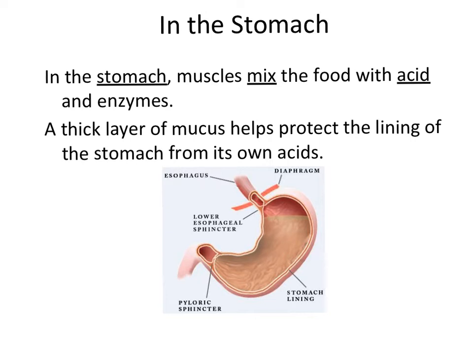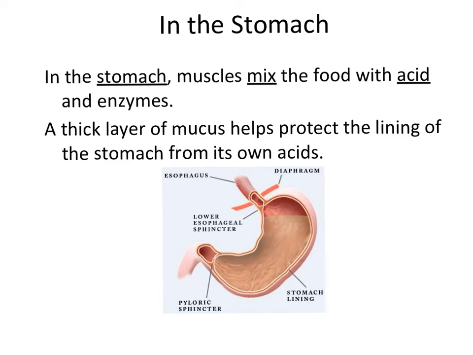Pepsin is one of the main digestive enzymes in the stomach, and pepsin helps to break down proteins. The hydrochloric acid I mentioned also helps to break down proteins. We would say that it denatures proteins. Now you may remember that acids are corrosive. Well, the epithelial cells of the stomach that line the stomach secrete a mucus that helps protect the cells from